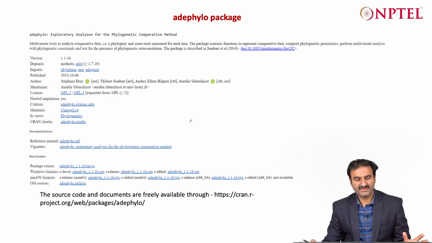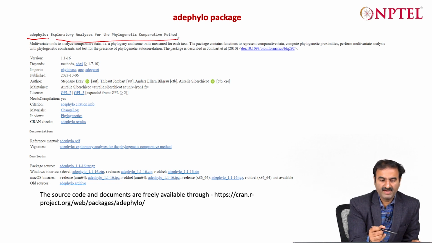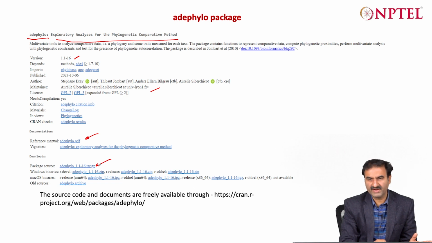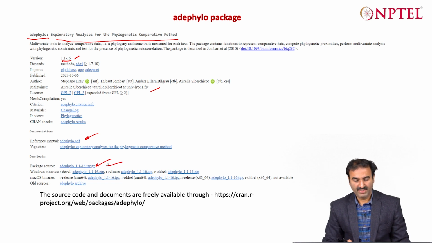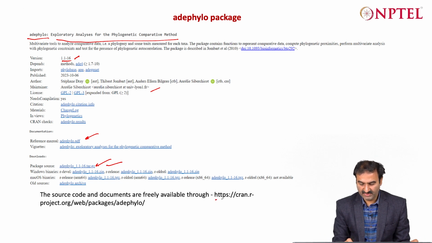Okay, so for any package, this kind of page will appear where you can see the package name, what it does, what version you are using, what it depends upon, who is the author, who published it, license information, and some reference material, like if you want to know more about its usage and what it is all about, any paper which is published. The package is available as edphilo 1.1, depending on the version that you are using, and Windows, Mac or Linux libraries that you want to download for this, and it is available at